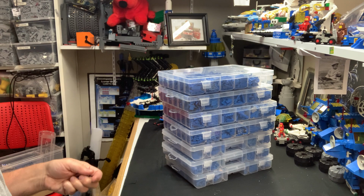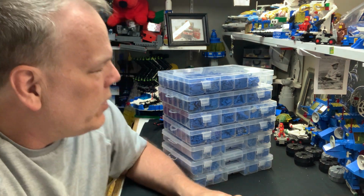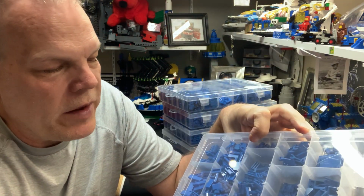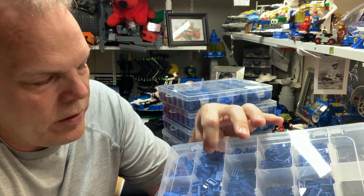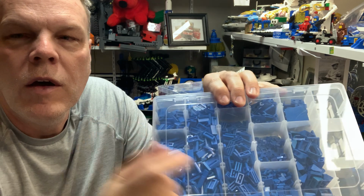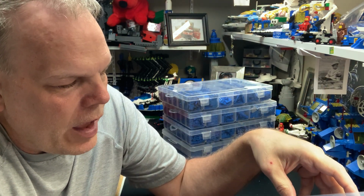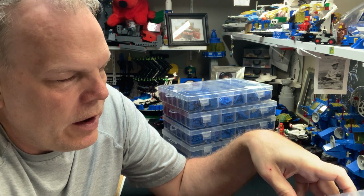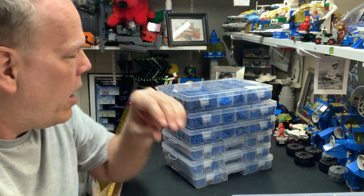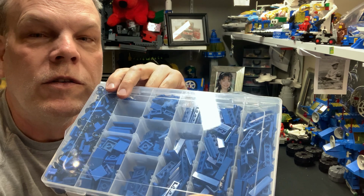And then I did say before that if something goes longer than one of these, then it's overflow. That might still be the case. Like, this is all 1x2 tiles, and then I have 1x2 tiles here. But who's gonna want 1x2 tiles, right? So I might put some of the overflow into a Ziploc and take them to a show. And the 1x4s, seriously, I definitely can downsize the 1x4s because there's just no way I need